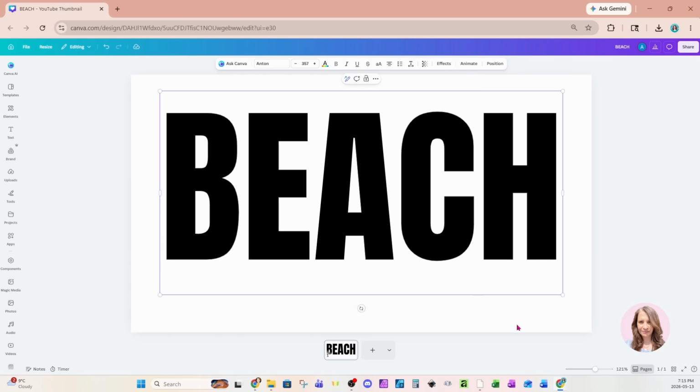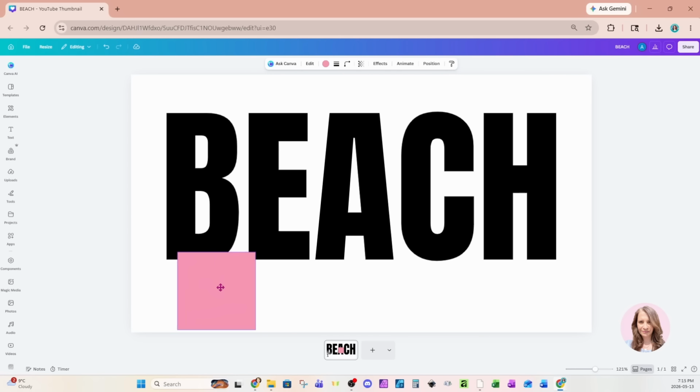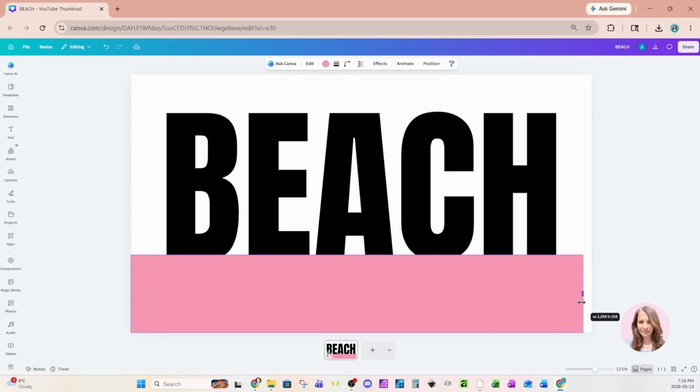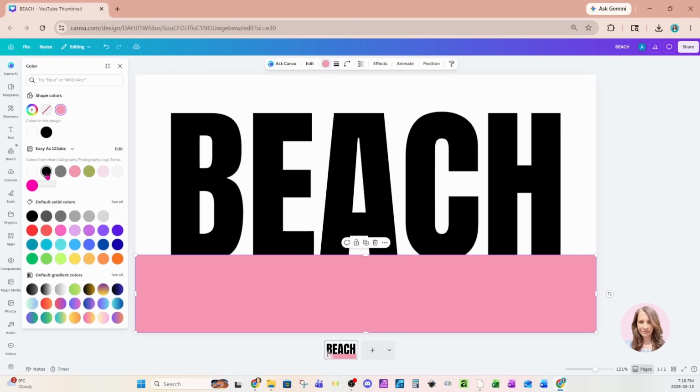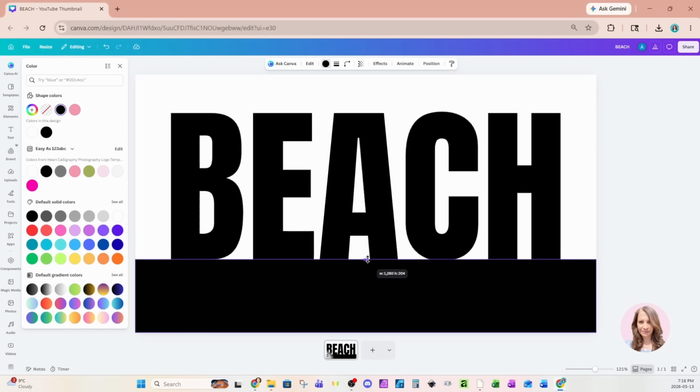I'm going to place a rectangle on my workspace. I'm going to do that by pressing the R key. I'm going to grab this rectangle and put it in the corner of my workspace and expand it all the way to the right side. I'm also going to make it black. So I am going to select that rectangle, go to the color picker, and make it black. I'm also going to make sure that that rectangle comes all the way up to my text